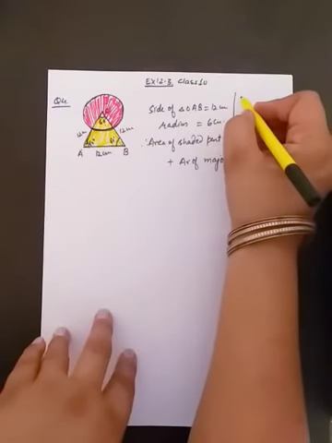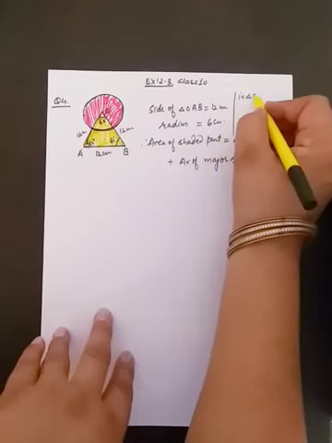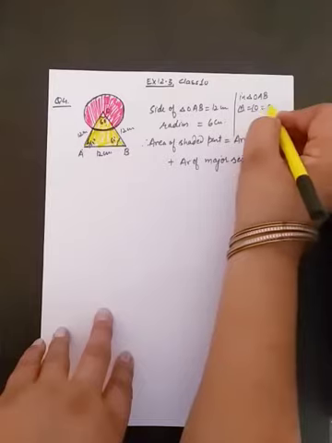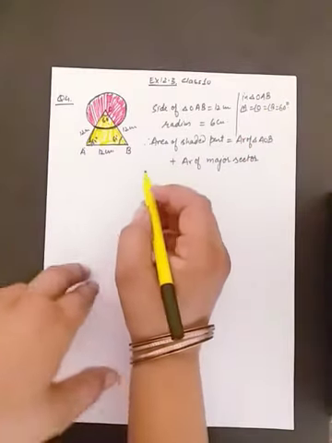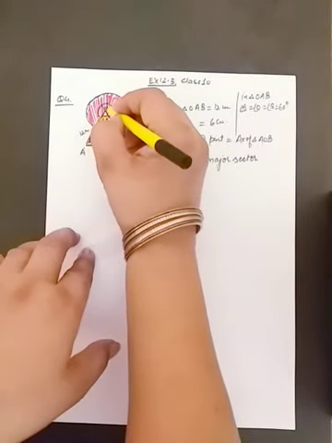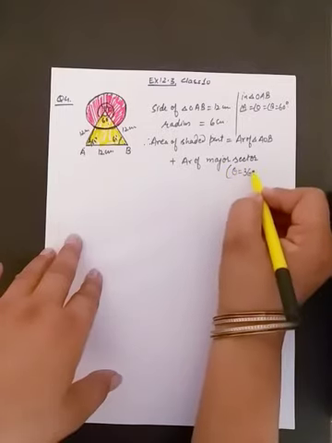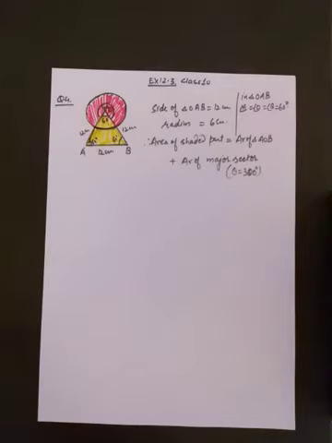So here triangle AOB is an equilateral triangle. Angle A is equal to angle O is equal to angle B. This will be 60 degree. Now I want to find this one angle. So this angle will be 300 degree. That means for the major sector I have to take theta equal to 300 and the radius will be the same. There will be no change in radius. So we can find the area.